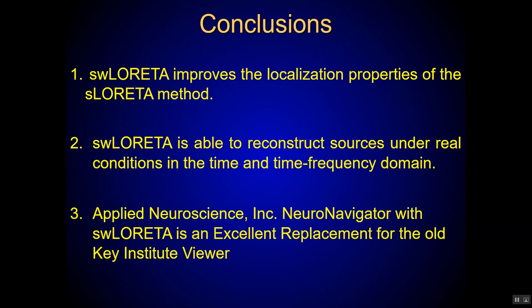And in applied neuroscience, we have essentially used SW Loretta as an engine inside of a NeuroNavigator environment that allows you to take advantage of the special mathematical properties of SW Loretta and navigate through the brain, through different slices and different volumes, and look at different connectivity and coherence between Brodmann areas or phase differences, both lagged coherence and regular coherence. So one can adjust for the influence of volume conduction. So there's a number of important